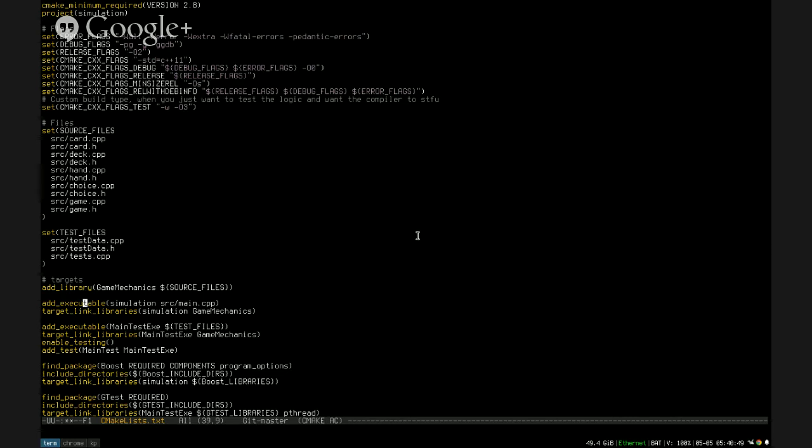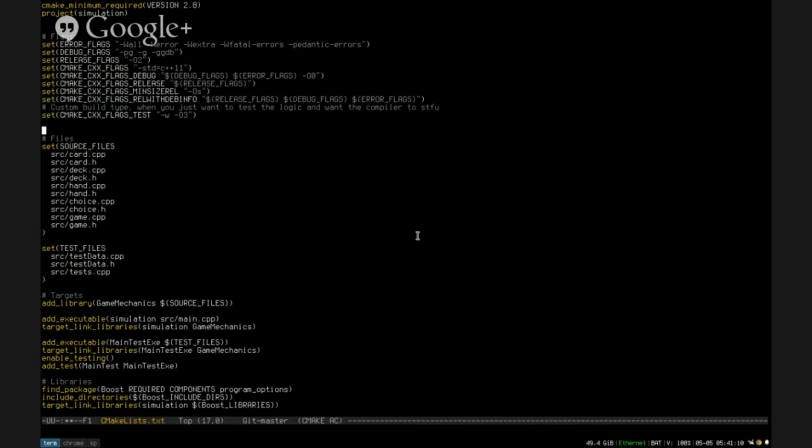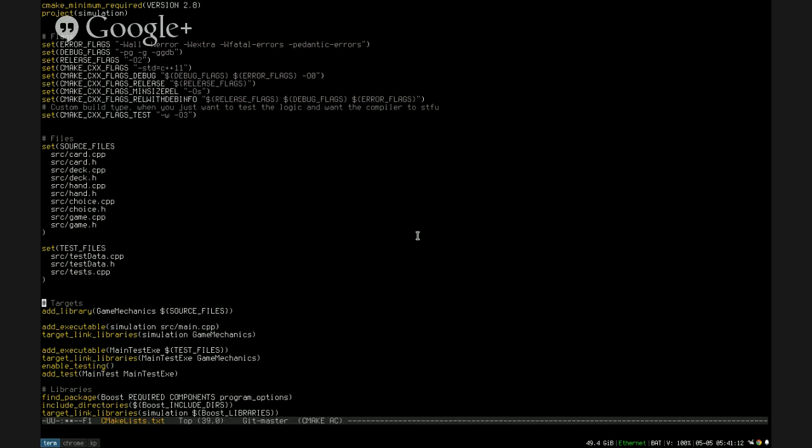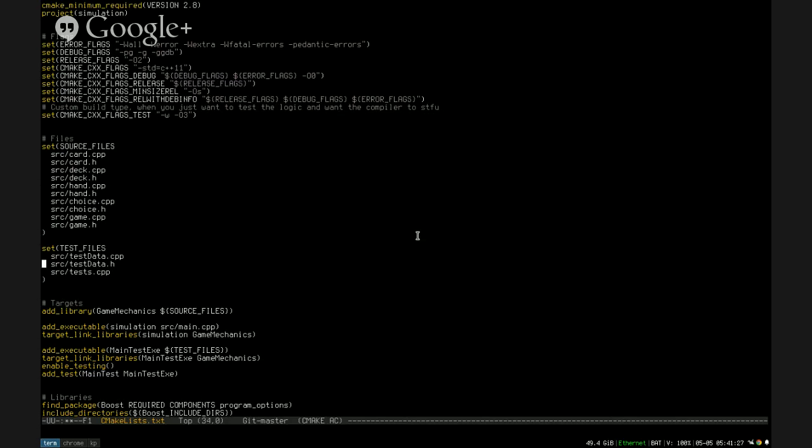Targets. Libraries. Okay, here we go. Actually, I'm going to put two new lines, because other times I want to use a new line just to separate. So these are all, and it doesn't matter, I'm going to end up tearing this thing apart when I turn it into a bunch of them anyway. Okay, so